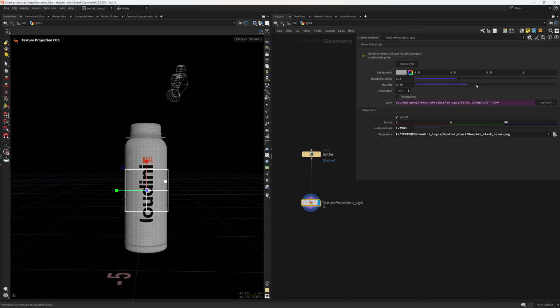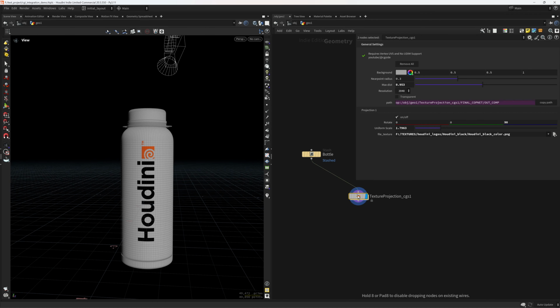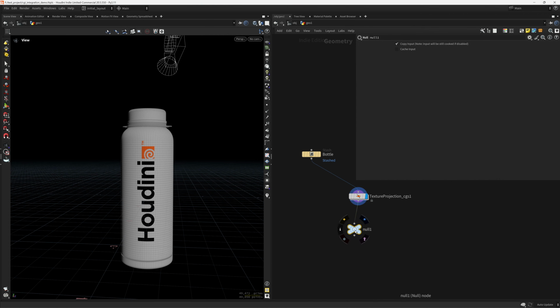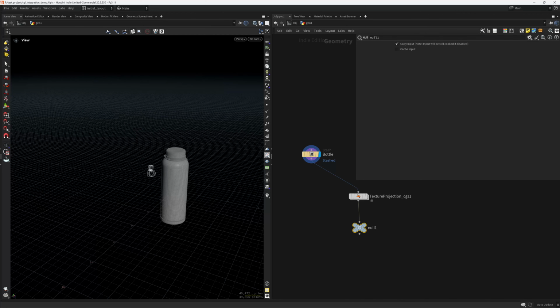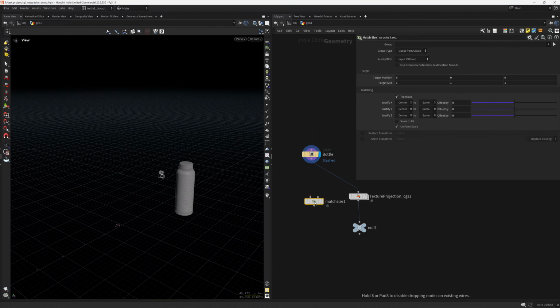And I also need to play in here with the max distance. So that's fine. I guess this is fine. I'm also going to change this to 2K, and I'm just gonna create a null in here. That's fine. So now I also need to scale this because right now it's not properly scaled, so I'm gonna create